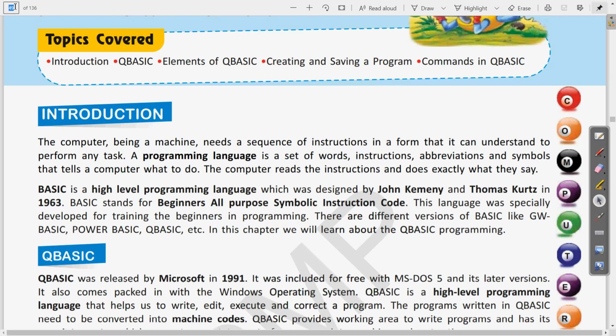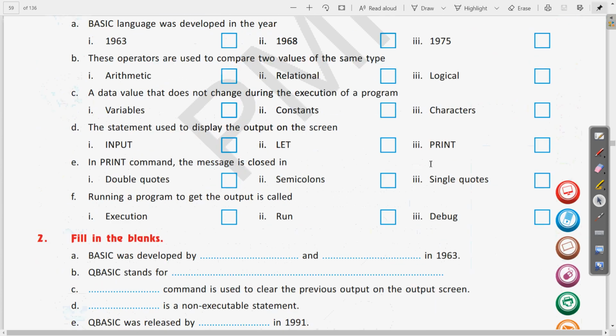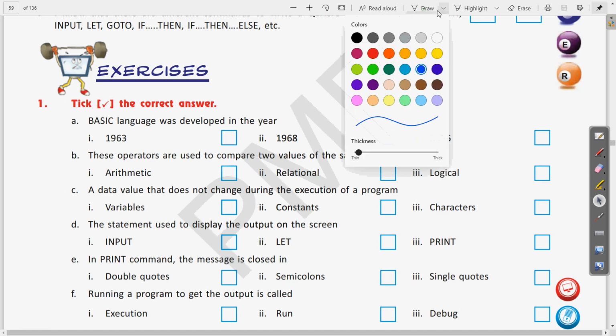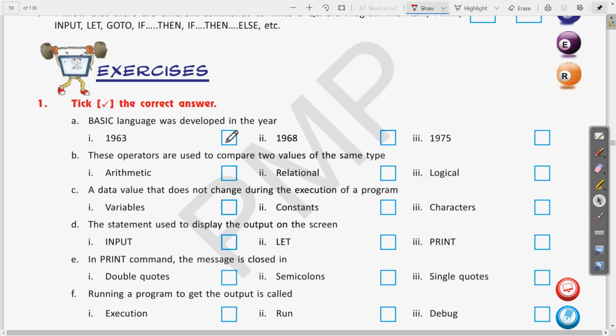Okay, let us come again to the page. So the first answer is 1963.